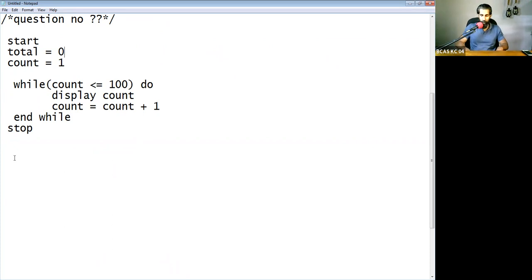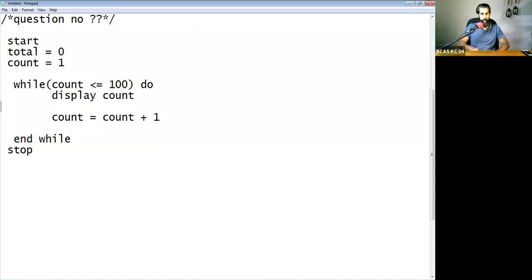So what you need to do about the total, each time when you increment count by 1, here say total equals total plus count, what you have in the count.